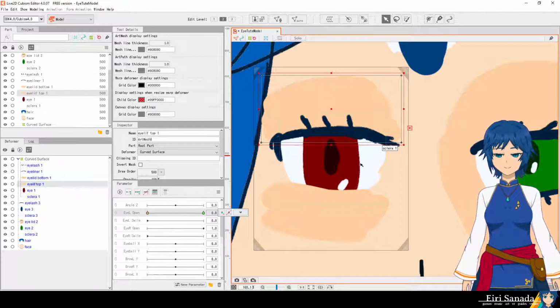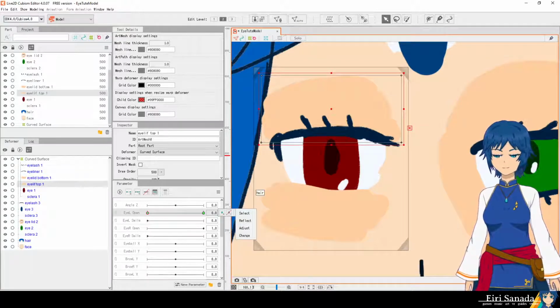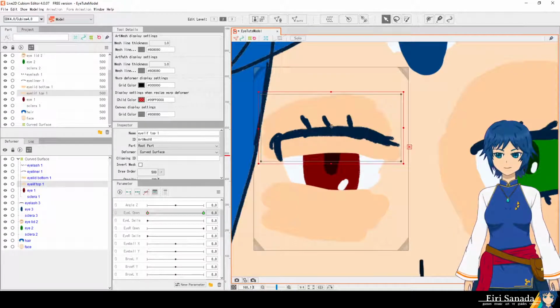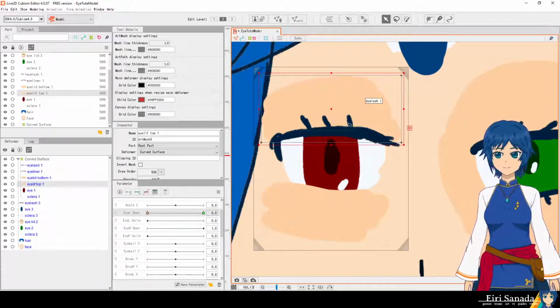Because another complicated aspect of eyes is that it's not really open and shut like a shutter, right? It's not going to close in the middle. The top eyelid is actually going to be a bit down. So it's not really going to be in the middle. It's going to be more like there. Well,